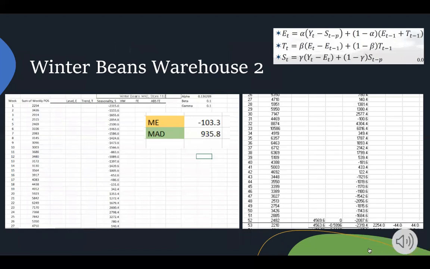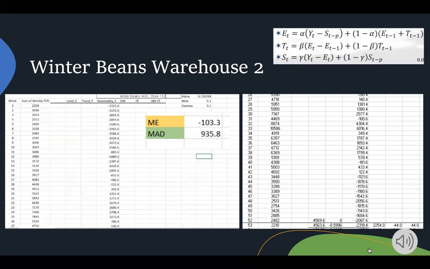In this slide, the information for winter beans warehouse 2 is found by finding the ME and the MAD. But in order to find the ME and the MAD, you must first apply the Holt-Winters method by first finding the level, the trend, seasonality, HW, FE, and absolute FE. The first thing you do is find the seasonality: you take the current demand minus the average of the demands up until the 52nd week. After doing that, you can later find the level by